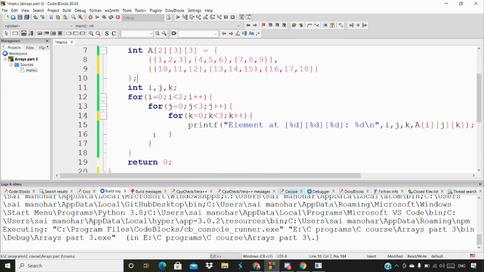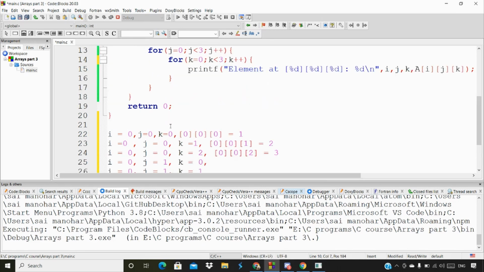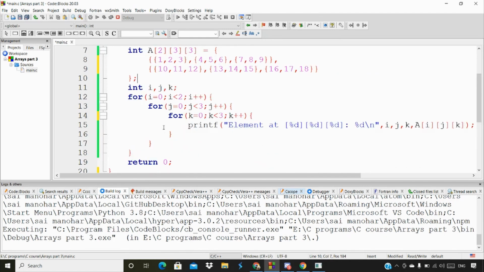So that's it from today's class, guys. I hope you understood what exactly a three-dimensional array is about. Try to do it in this way, even if you didn't get what exactly the two-dimensional and one-dimensional arrays are. Try to debug using pen and paper. Try to do it step by step, like what exactly is happening. Even if I explain it, I hope most people will understand it. If not, try to do it on pen and paper, and that's going to help you more than this video.